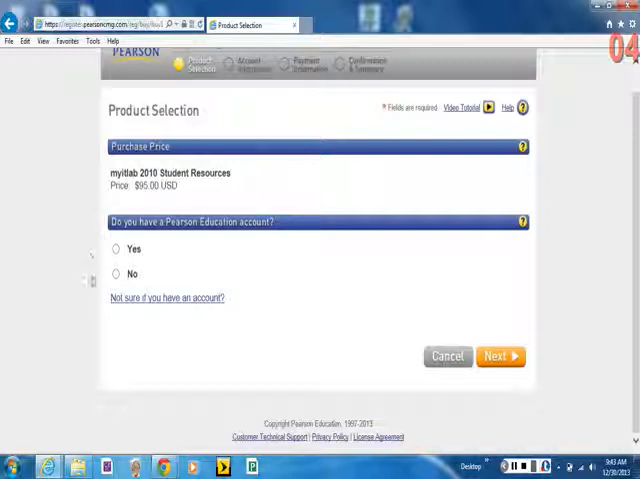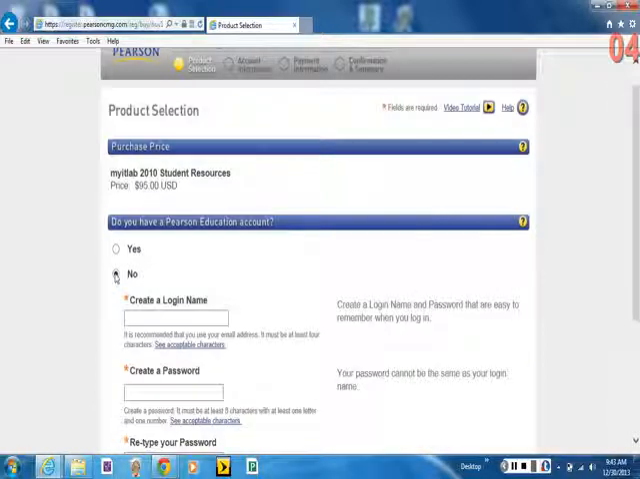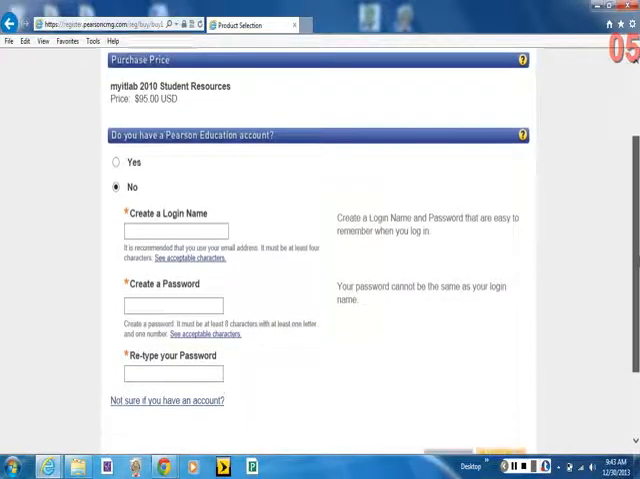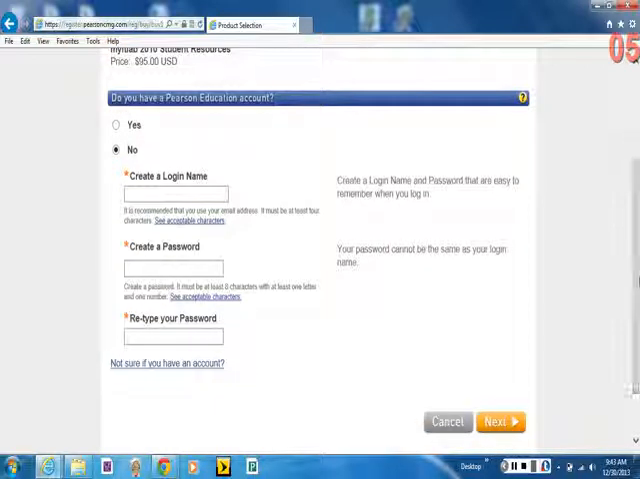The next thing down, it says, do you have a Pearson Education account? We're just going to say no, because if you have one, we don't want to get it confused with something else. Especially, there were some problems in the past with the accounting people not being able to use their accounting Pearson account with the MyITLab. So here we create a login name, and I'm going to just try,